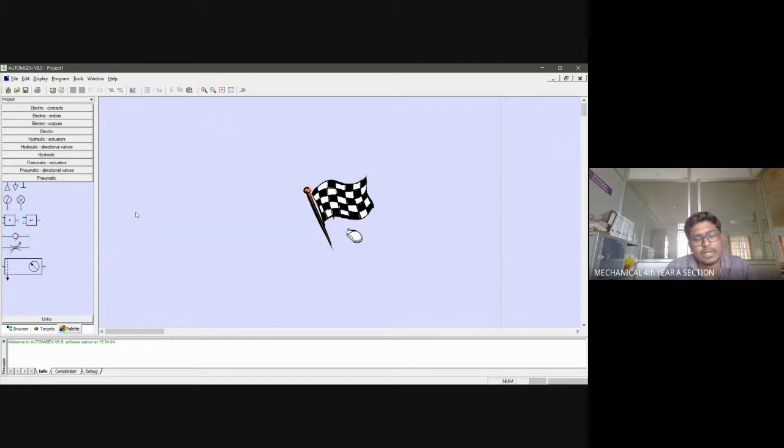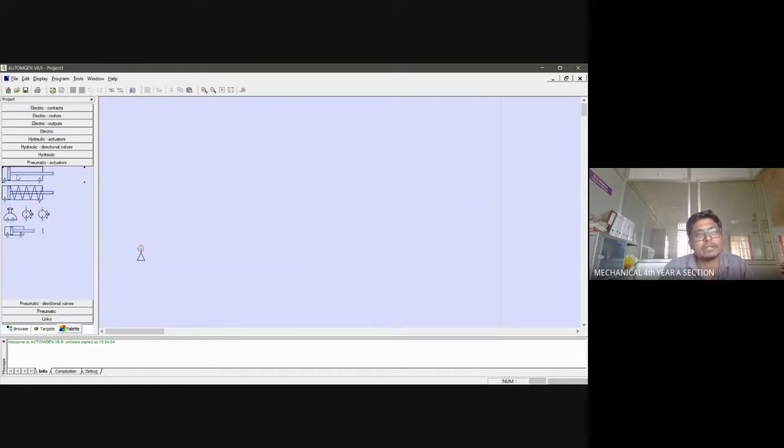First thing, here I'm going to do a basic pneumatic connection with a sequence of A plus B plus A minus and B minus. So let us start the experiment. First thing I require is a compressor. Air has to be compressed in order to make use of it. Here the medium I'm using is air, so this becomes my compressor. Then we have two double acting cylinders, which I have to pick from this palette.